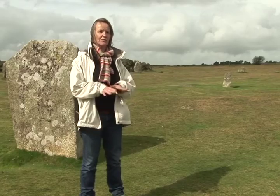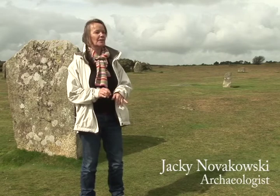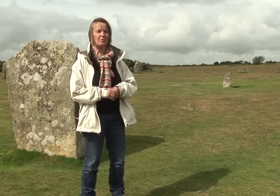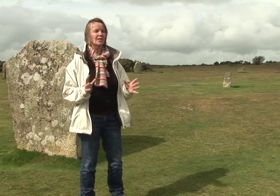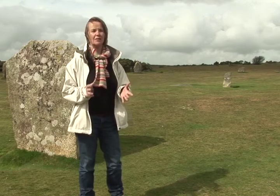The landscape that we're standing in, where the Hurlers is located, as I said, commands far-ranging views, and there are a number of significant places that we can see. Behind us we have Stowe's Pound, or Stowe's Hill, which is a special hill, we think, because it's got an inner stone enclosure and an outer enclosure, which we think was probably created as early as about 4,000